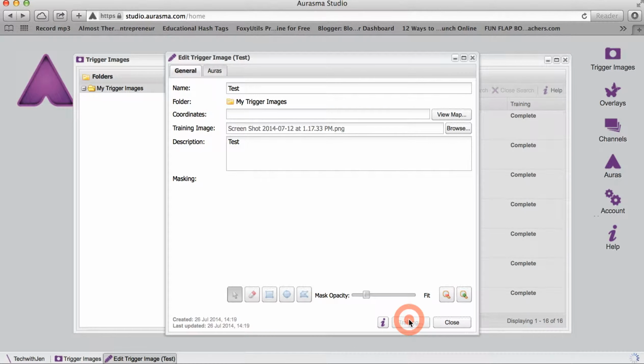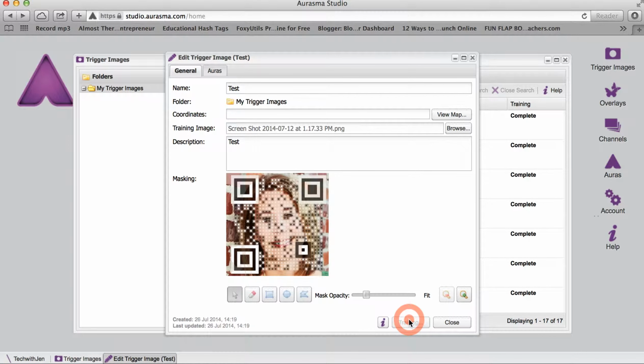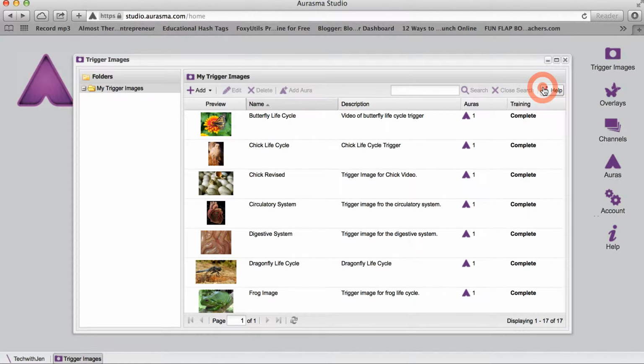Once you click on save, it'll come up as you can work with the masking and all that. I don't typically worry about it, but you can. Well, it seemed to like this one okay, so that's all right. So I can close it out, and then I can go into my overlays, and I'll just click on